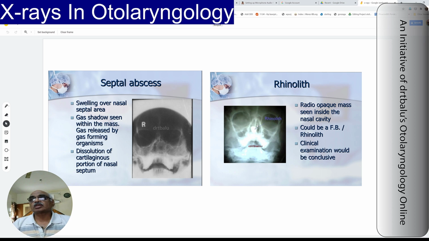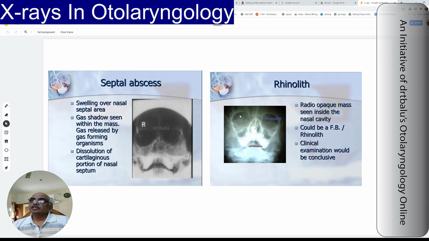The first most common things are common. So here, since I treated this patient, I knew it was a rhinolith. I operated on this patient, so I knew it's a rhinolith. So I just marked it as a rhinolith. But when a similar X-ray is projected to you on the examination, or you give out a differential diagnosis,